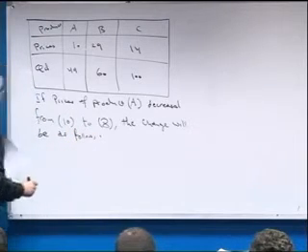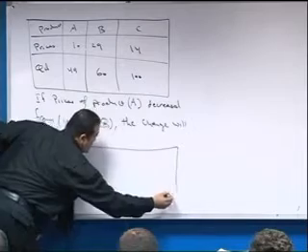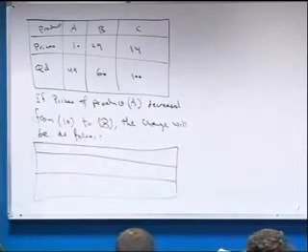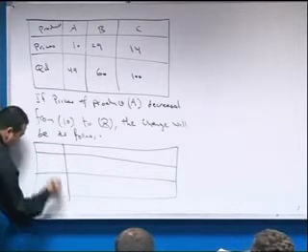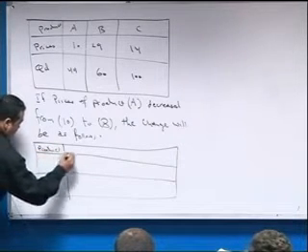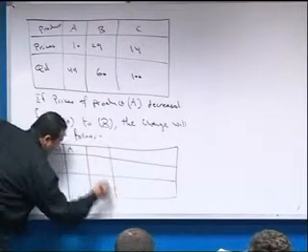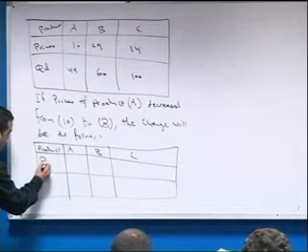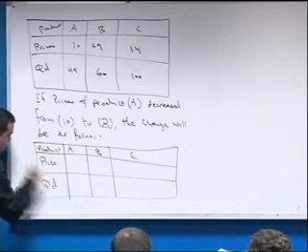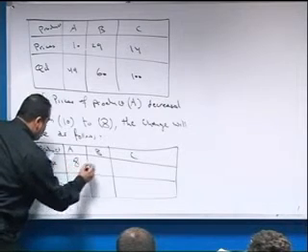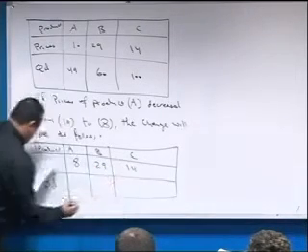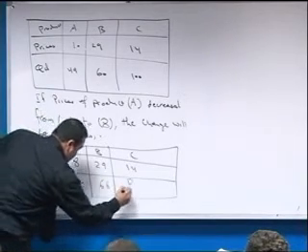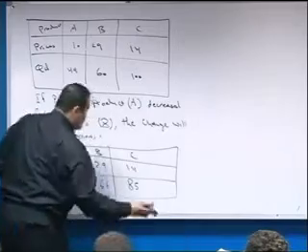The products A, B, C. Price 8, 29, 14, and the quantity demanded 65, 66, 85. The question is,